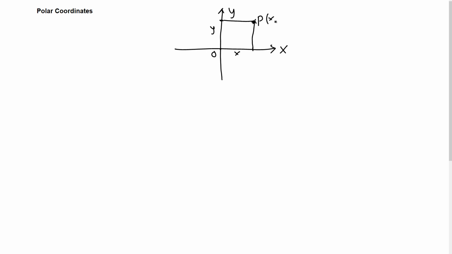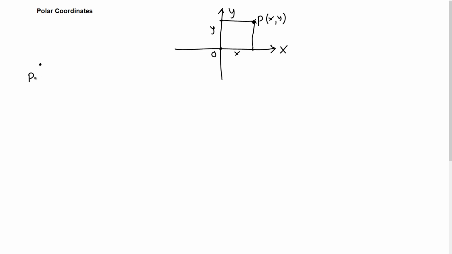Okay, and this is P(x, y). This is also an ordered pair P(x, y). That's the rectangular system, because we basically create a rectangle to get to the point. But in this section we are trying to use polar coordinates. For the same point, we start from the same origin, but we call it the